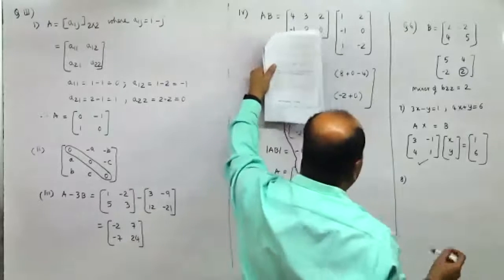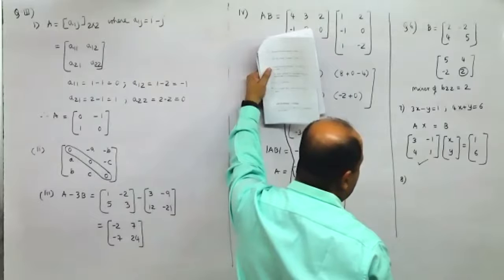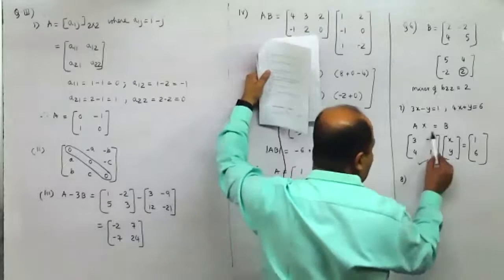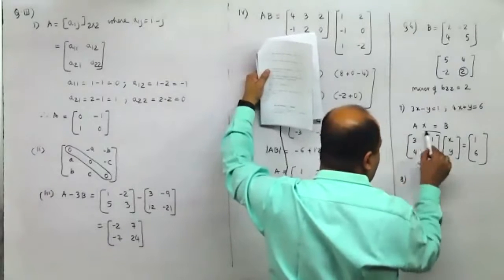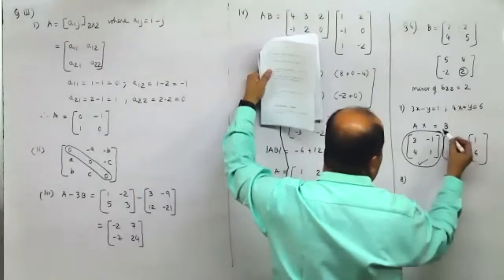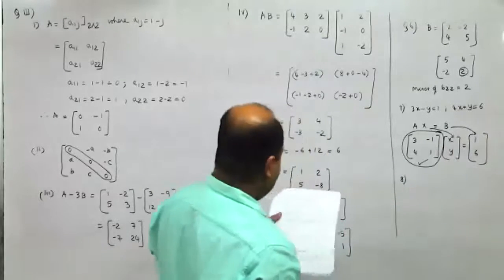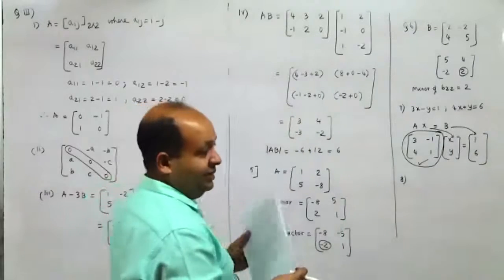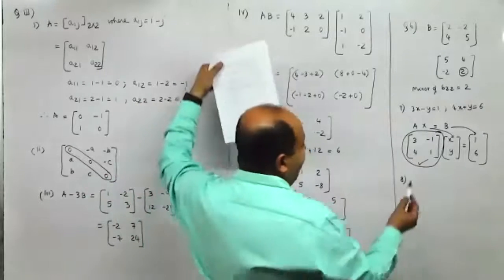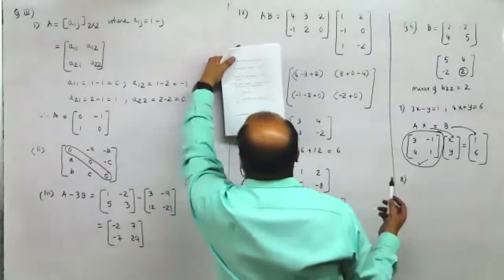What have they said? 3 minus 1, A is equal to 3 minus 1, 4 and 1. So is it the same order? Yes, but they haven't written X. That is all right. They have mentioned A into X. So I said this is X, this is B. Followed? Yes, sir. This is the A matrix. That is what I ticked over here. Followed?